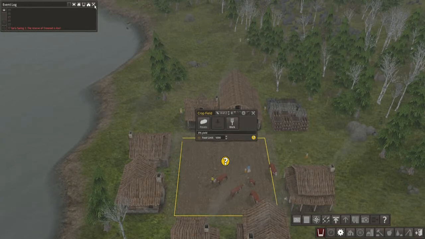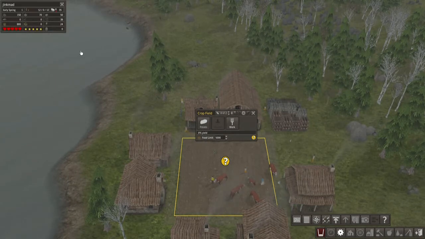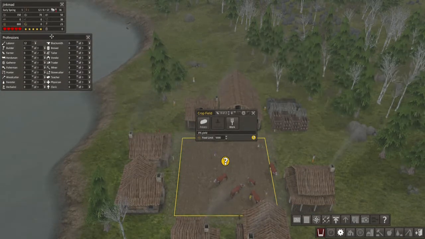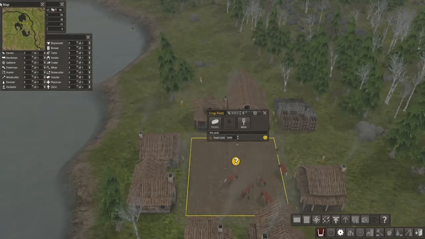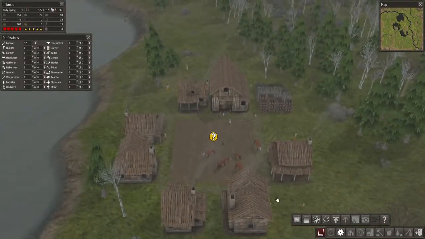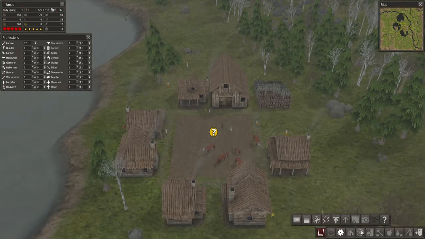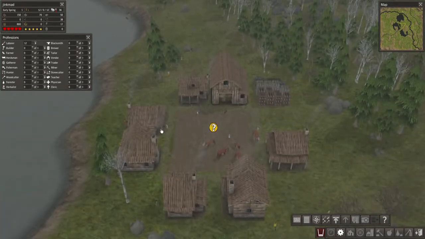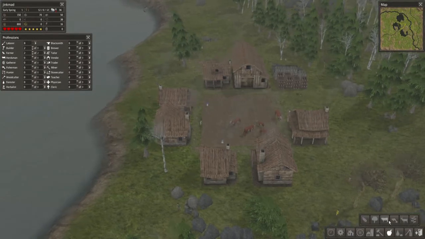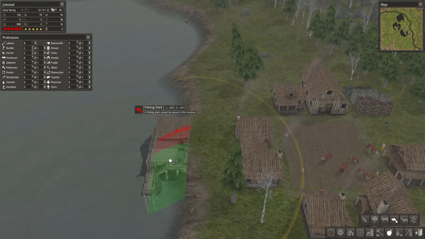No, not event log. I'm sorry. And here, yeah, there we go. Micromanagement of all of our themes. What else can we put up? Stick that over there. You can customize the UI with all these various things. It's quite good. So we're going to want to assign 2 people to builders, 2 people to farmers at the moment. We want to get a fishery ASAP because of the